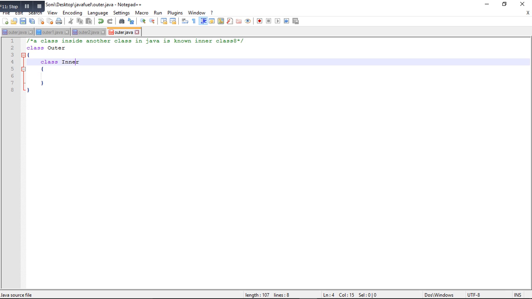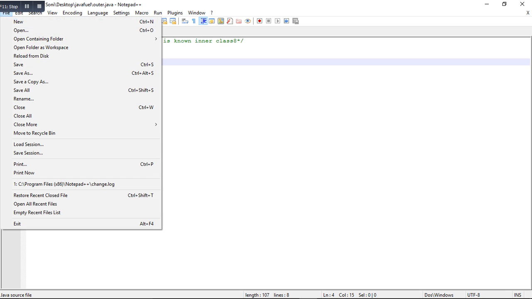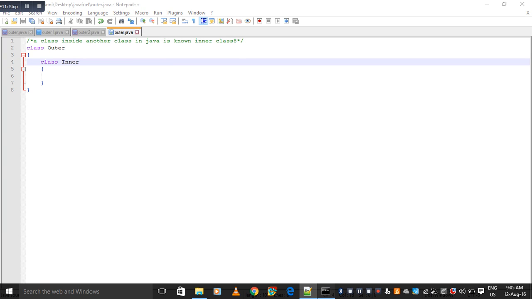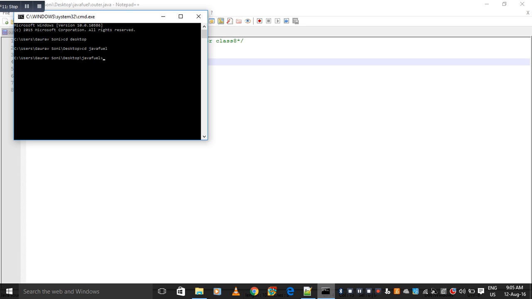I'm saving it. So how do we compile it? First of all we compile the outer class, not the inner class. Okay, javac outer.java.